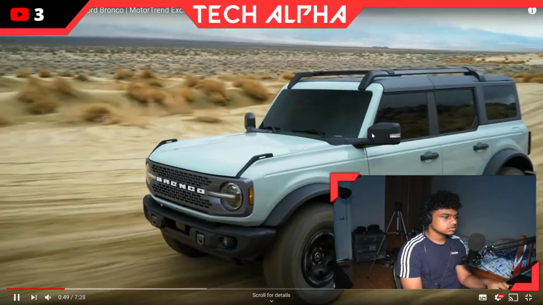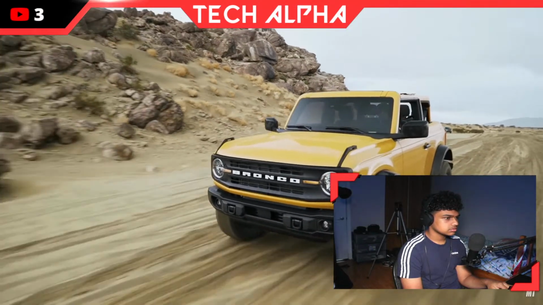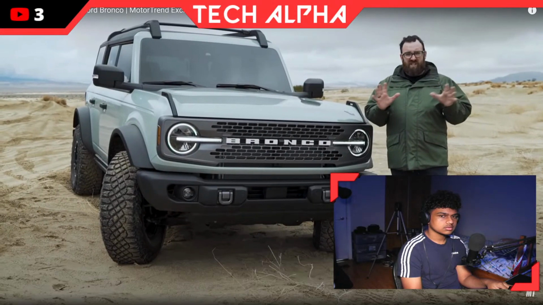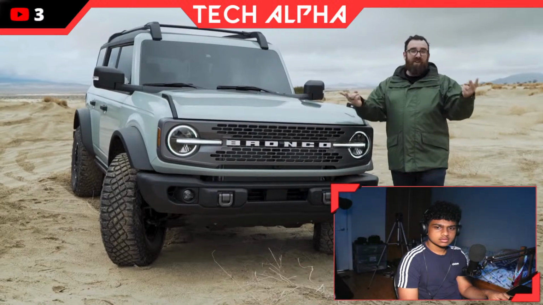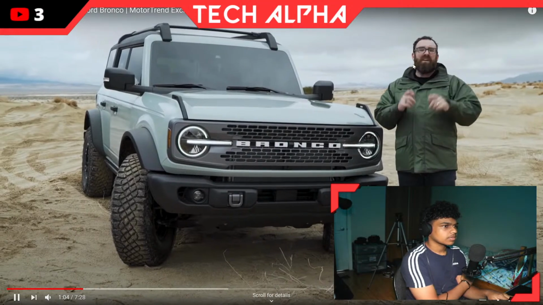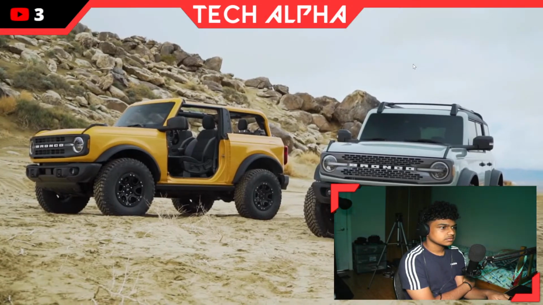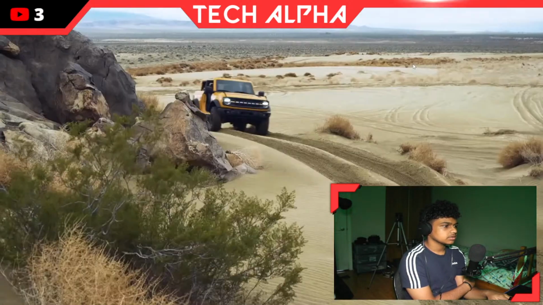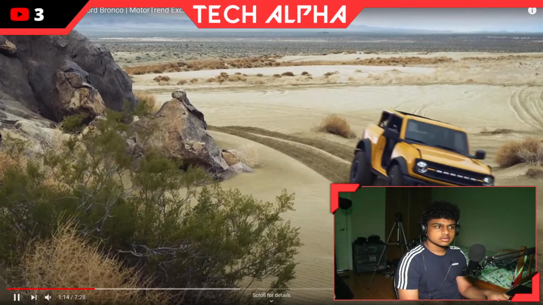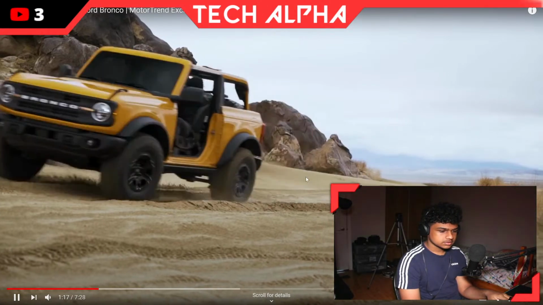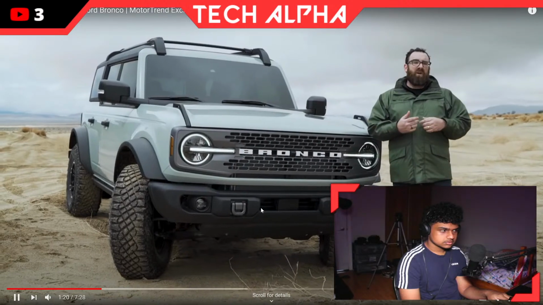310 pound-feet of torque for the four-cylinder, 310 horsepower, 400 pound-feet of torque for the six-cylinder. However, those numbers might change when this thing finally goes on sale. Two transmissions, 10-speed automatic, of course, and a manual. Not a 6-speed manual, a 6+1. So it has a low gear, which works both in high range and in low range. Out back, you got a live axle. Up front, you have independent front suspension. Which is similar to what Mercedes is now doing with the G-Wagon and how Toyota's been doing the Land Cruiser for years.